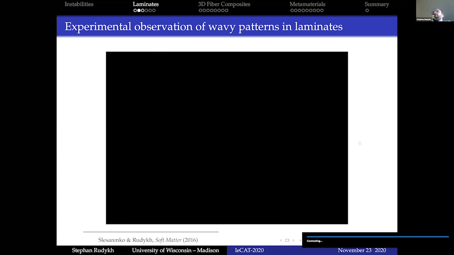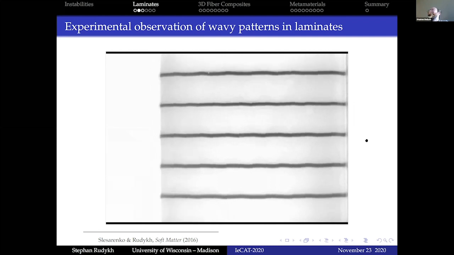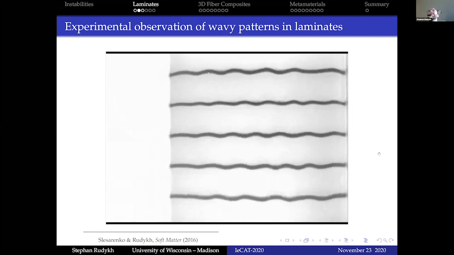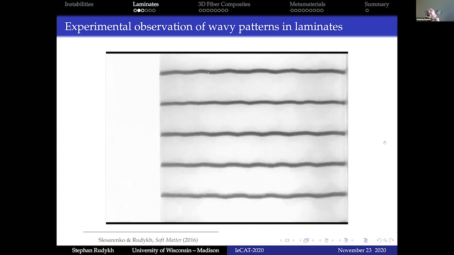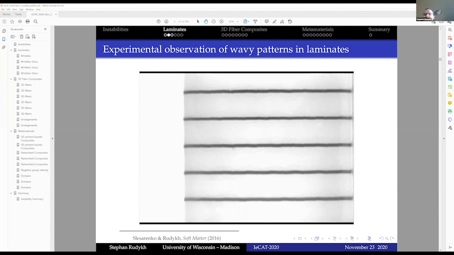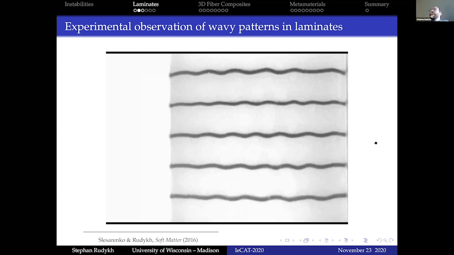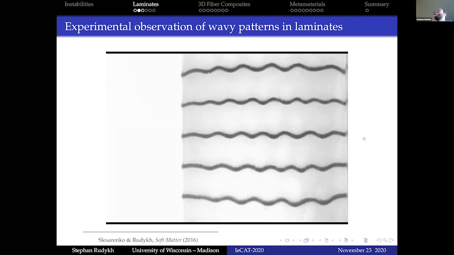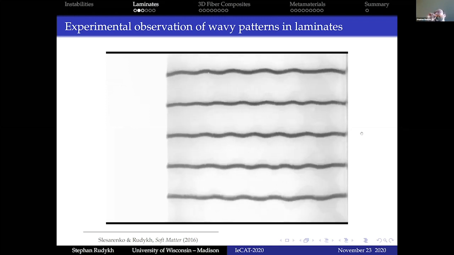Right, so I don't have too many nice videos, so that things are moving. So I need to live up to the previous presentations, and I'm not sure if that goes well here or not. But this is a video taken from the experiments, from a simple experiment of compressing this. All right, it seems that it may not be working very properly. All right, so the whole point was to illustrate the deformation of the wavy pattern. It was, of course, supposed to be much smoother. The Zoom translation takes too much resources from my computer. And so,